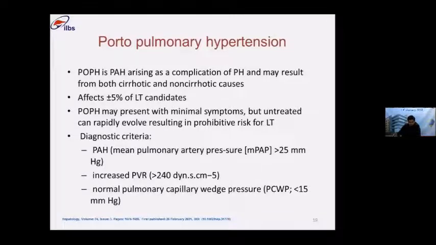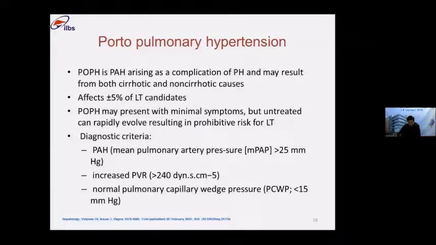So portopulmonary hypertension is a PH arising as a complication of portal hypertension and may result from both cirrhotic and non-cirrhotic causes. It affects up to 5% of liver transplant candidates, and POPH may present with minimal symptoms, but untreated can rapidly evolve, resulting in prohibitive risk of LT. So, diagnostic criteria of